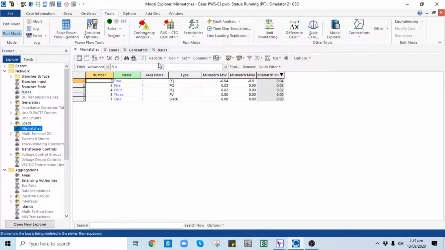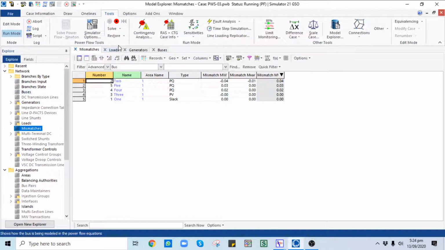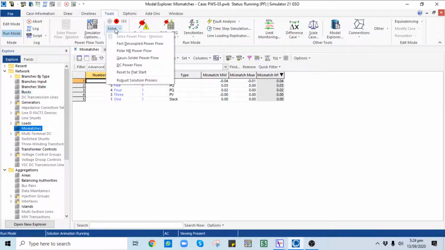Here you can see the solution method is perfectly fine and the mismatch is also reduced. It means the solution power flow Newton is applied, the first fast decoupled solution, again fast decoupled.